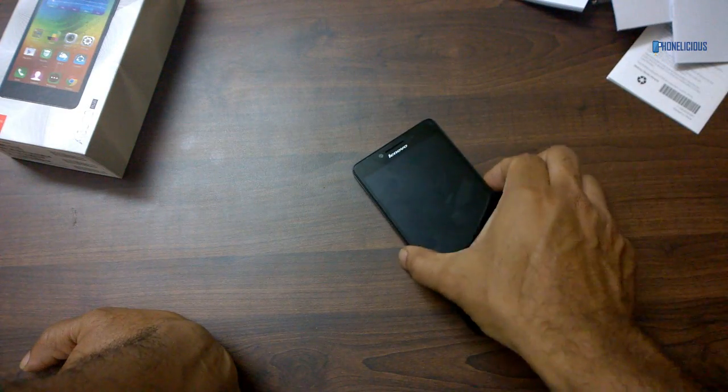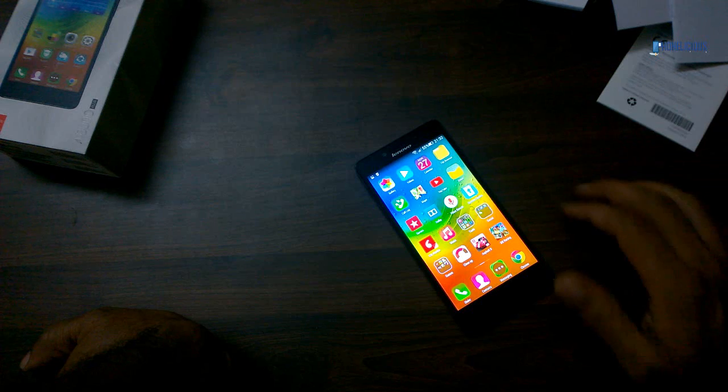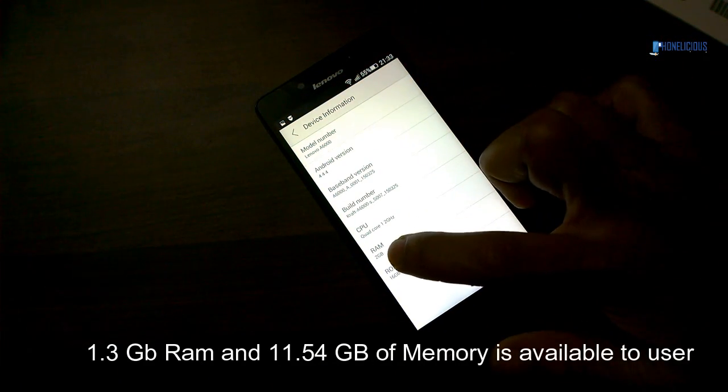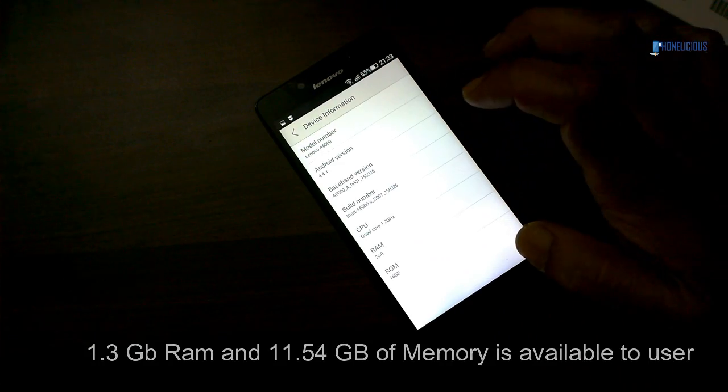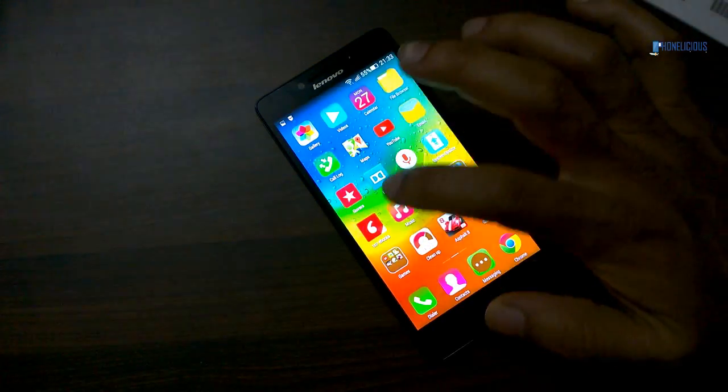So let us dive into the device and see what this device has in store for us. You can see that this device is running on Android 4.4.4, and Lenovo has promised that it will soon be updated to 5.0, and you can see that it's got 2 GB of RAM and 16 GB of memory. It is running on the Lenovo Vibe UI 2.0,